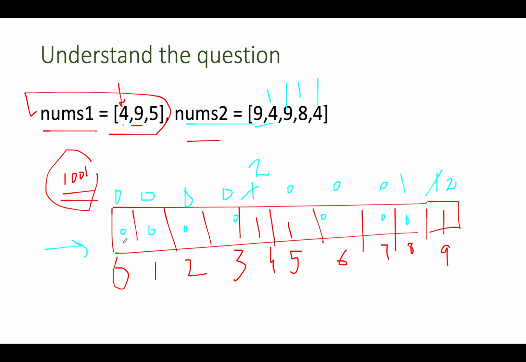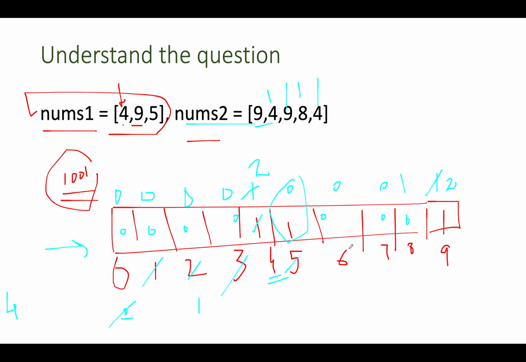What we are going to do, we will iterate through both these arrays again, and choose the lower frequency. So which one is the lower frequency? It's 0. And since the frequency is 0, we will not add 0 to the answer. Let's skip this. This also gets skipped, this also gets skipped, this also gets skipped. At 4, you have two options, either to choose 1 or 2. What you're going to do, you'll pick up 1 and you'll add in your answer set 4 one time. So your answer set will have 4 now. And this is also done. Next we have 5 and the frequency is 1 and 0. Which one is the lower one? 0 is the lower one.